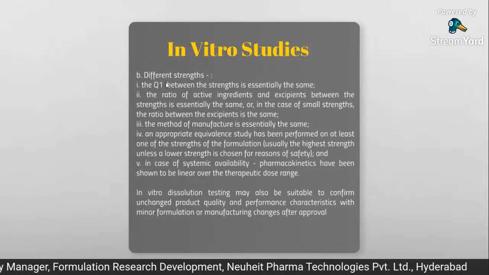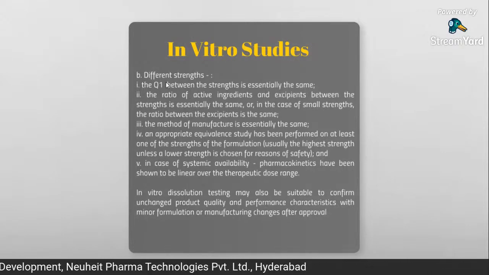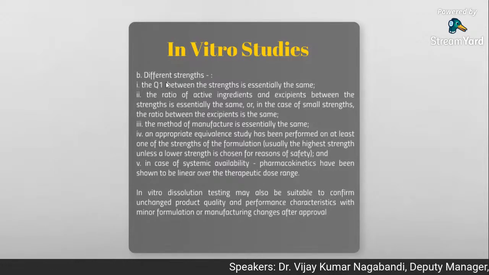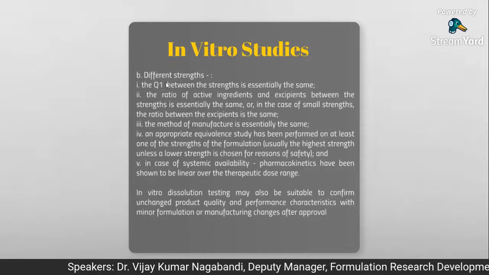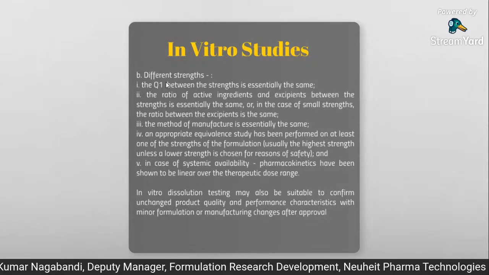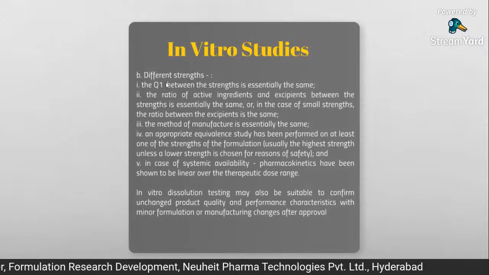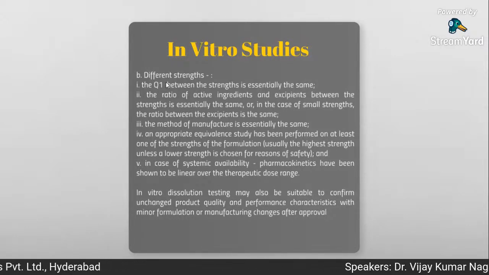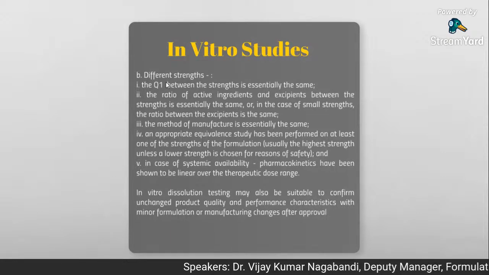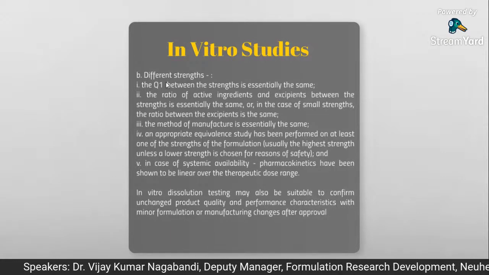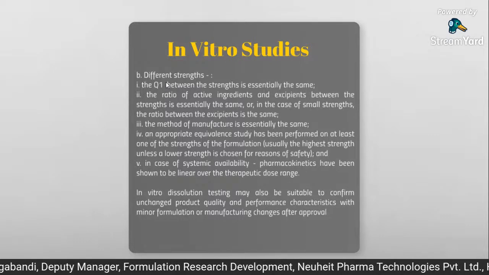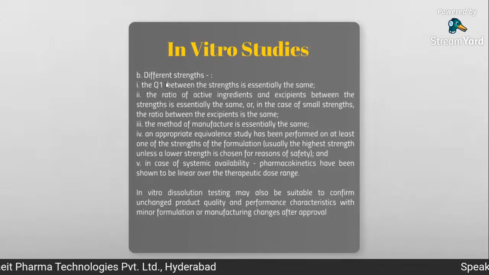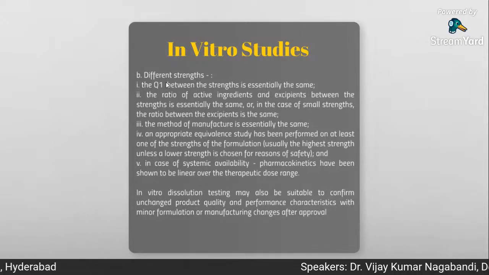And for 250 mg versus 250 mg, there is no need to do the bioequivalence test, because these 2 strengths, 500 mg and 250 mg, are dose proportional, have qualitatively the same excipients, and the ratio of drug to excipient is the same. In that case, simply proving the dissolution profile in 3 different medias, as I showed in the previous slide, 0.1 normal HCl, 4.5 pH, 6.8 pH, and if your formulation is dose proportional, with the same ratio of excipients, the same manufacturing procedure and the same composition, then we can get the exemption of bioequivalence testing for the lowest strength.